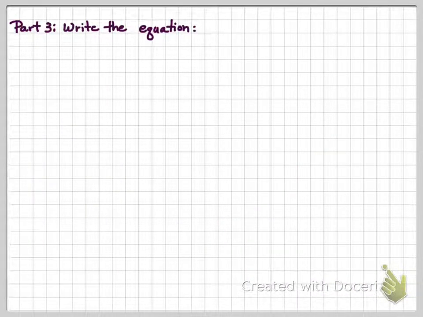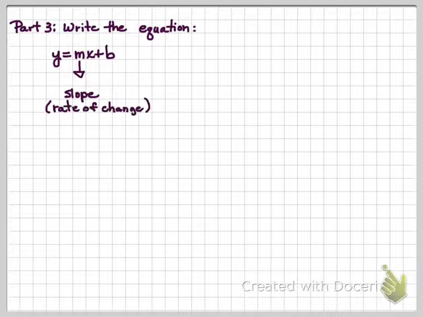Okay, the next thing that we want to do is write the equation of the line by looking at the graph. And we're going to remember that we're talking about y equals mx plus b, which is the slope-intercept form of the line. And we also remember that m is the slope, which is the rate of change. It's very important to remember that just the word slope doesn't really describe what it is. It's the rate of change,